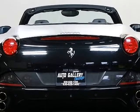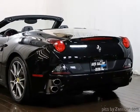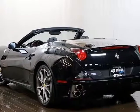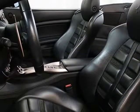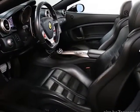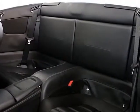Ferrari California Standard Equipment: 4.3 L V8 engine, 460 horsepower, 375 lb-ft of torque, 7-speed automatic transmission, power retractable aluminum hardtop, rain and speed sensitive wipers, LED brake lights, entertainment system with navigation and Bluetooth, dual zone climate control, xenon headlights, keyless entry, power windows, power door locks, black exterior, black leather interior, vehicle history, low mileage, loaded with factory